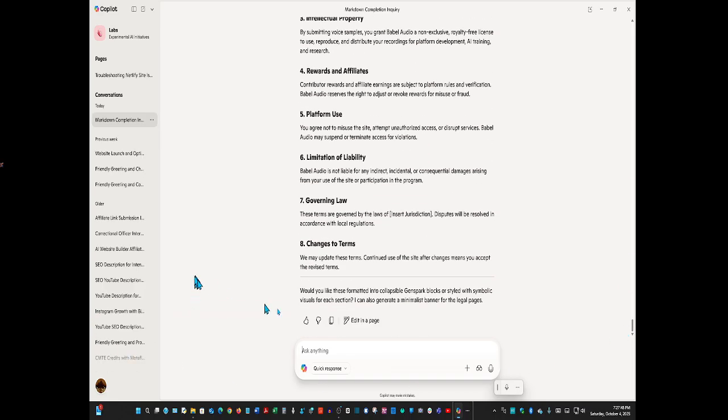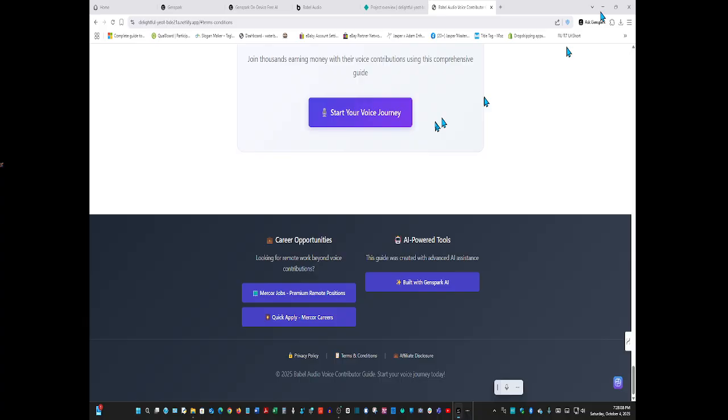All right, now. Okay. I don't know why Copilot won't scroll for me. I copy it. I'm going to have to edit this, and I need to have it remove the button.